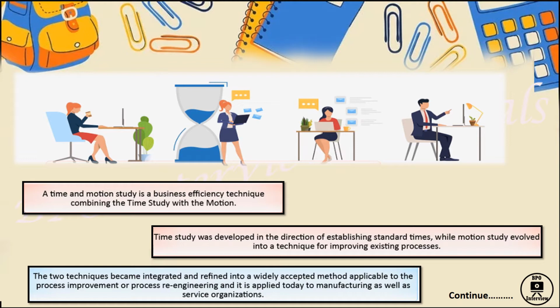As I told you guys, time along with the motion. Time means the task needs to be completed in the given time, and motion means what steps the associate is following in order to complete the task so that the process can improve. And what step we will implement after gauging that associate on the basis of time and motion analysis, that yes, he needs to work on this particular portion so that we can improve our process as well. So this is the entire story behind this time and motion analysis.